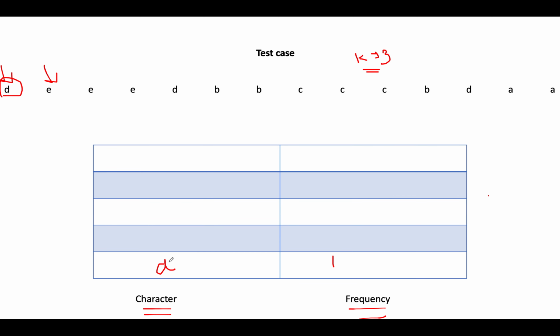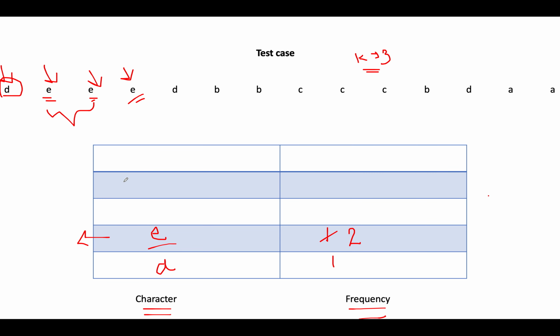We got e, and the top of the stack and e don't match, so we'll simply add e onto the stack. Next we got e again, and this time there's a match between the top of the stack and the current element. So instead of adding a new element, we'll update the frequency of the topmost element, which becomes 2, since there are two consecutive e's.